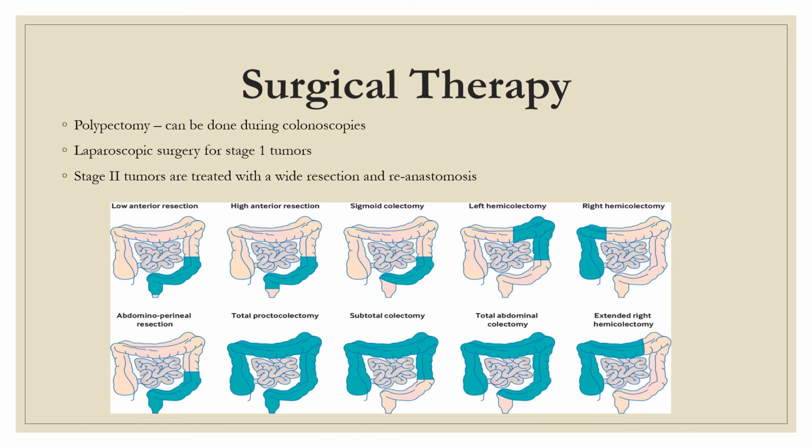So once a diagnosis is made, we typically talk about surgical therapy. We want to get that tumor out. So complete resection of the tumor, usually done through an exploratory laparotomy. Exploration of the abdomen is frequently used. It's also used to determine if there's any metastasis. We want to remove any lymph nodes that drain the area where the cancer is located. And we always want to make sure that we can restore bowel function if we can.